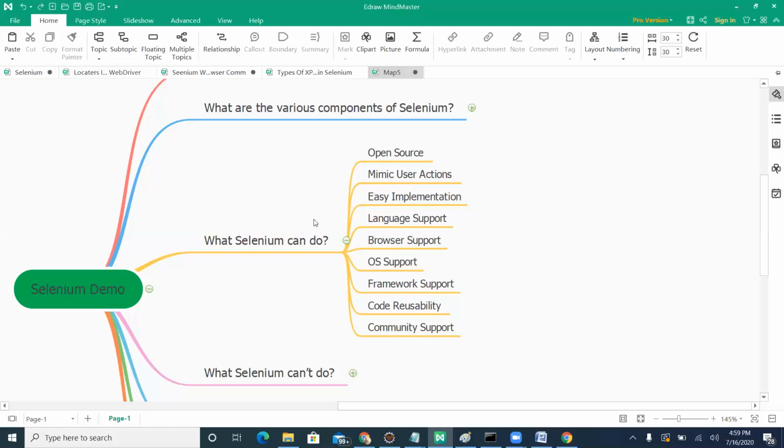And these days Cucumber is also a framework. It has a predefined project structure, and you can start using it. Also, to organize your test cases, we extensively use JUnit and TestNG in Java to organize your scripts and execute them however you want. And code reusability is a most important thing. Whatever tool and whatever language you are using, code reusability is the most important aspect.